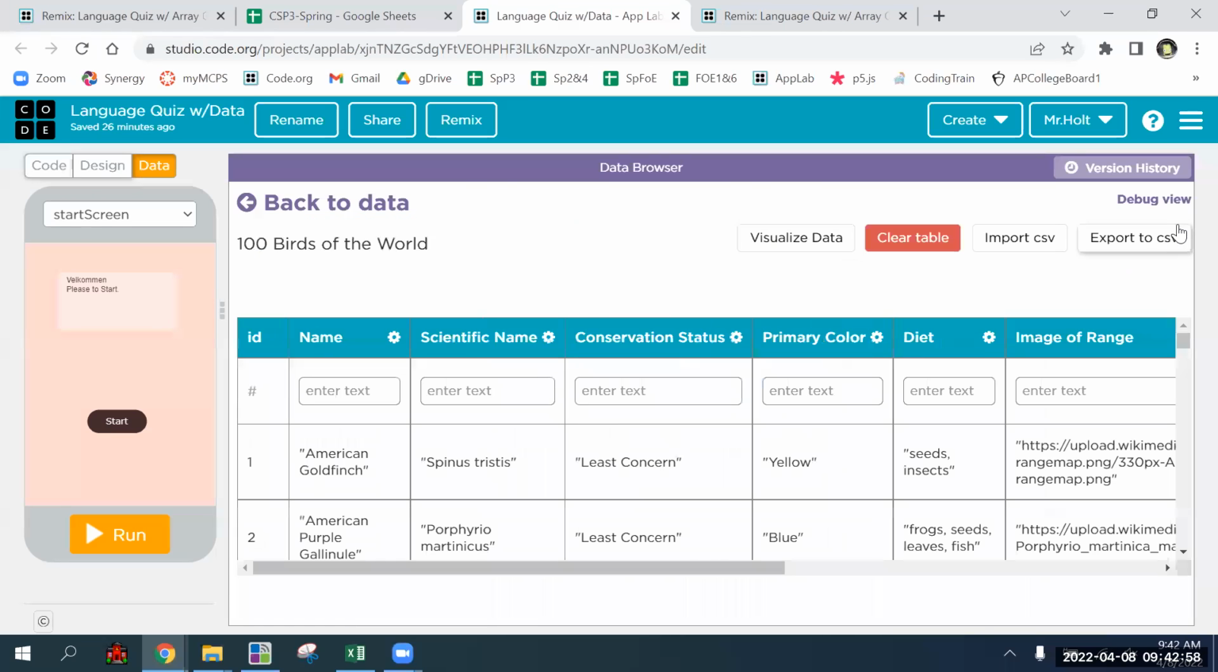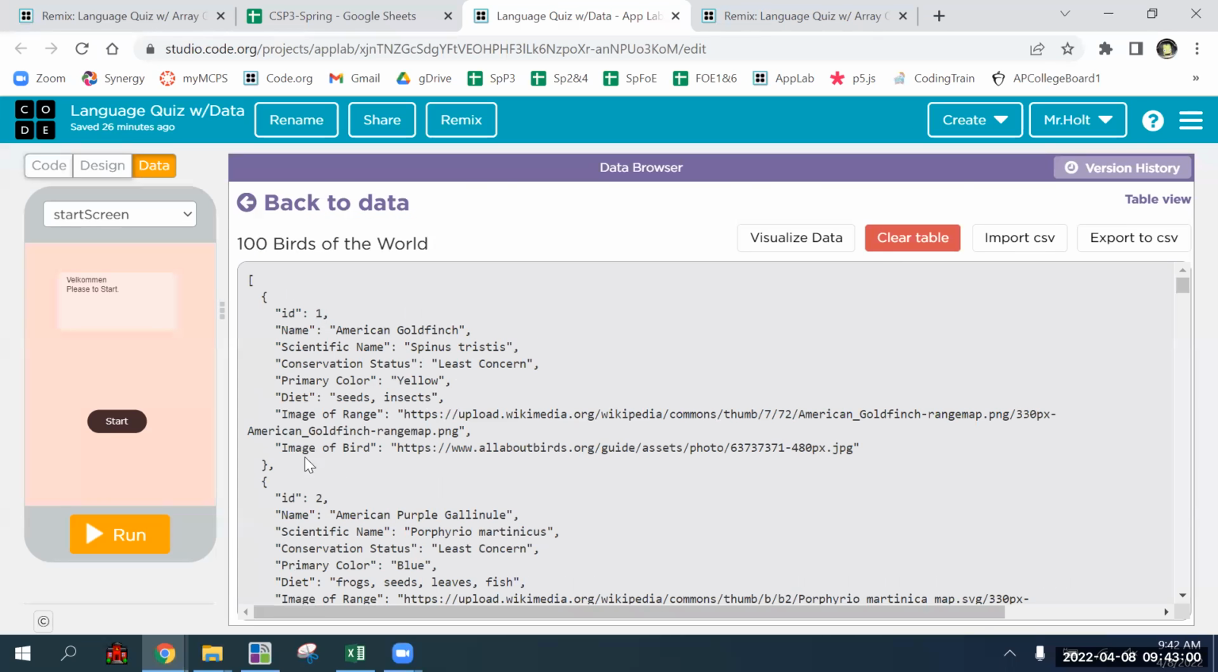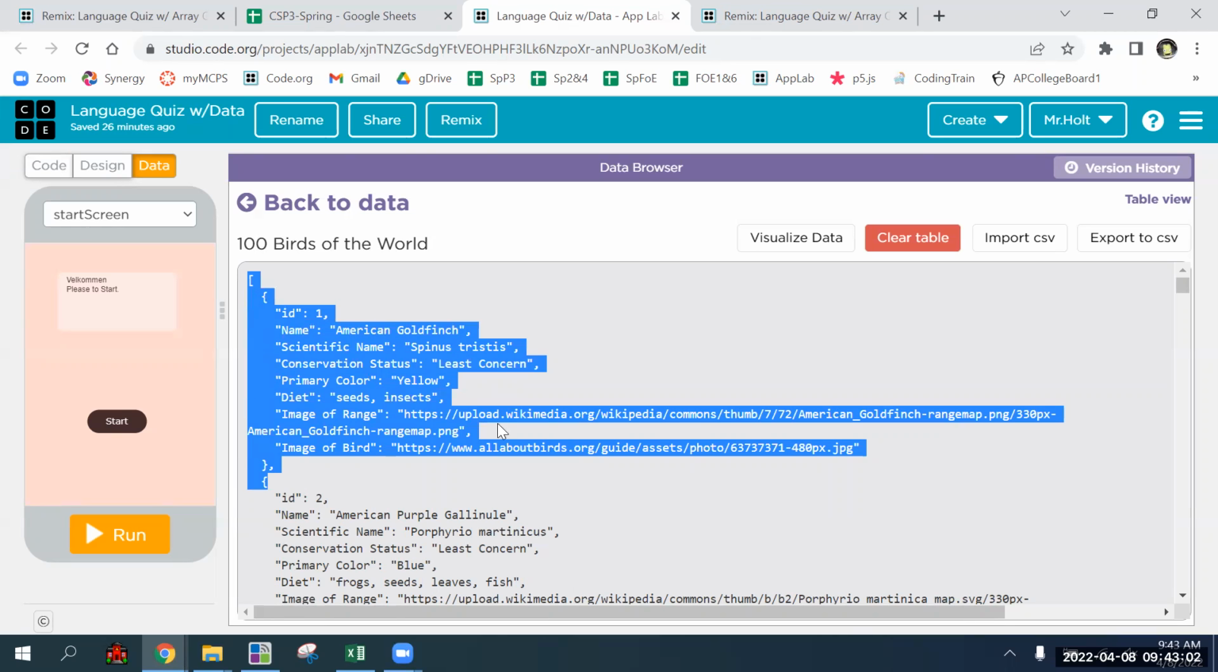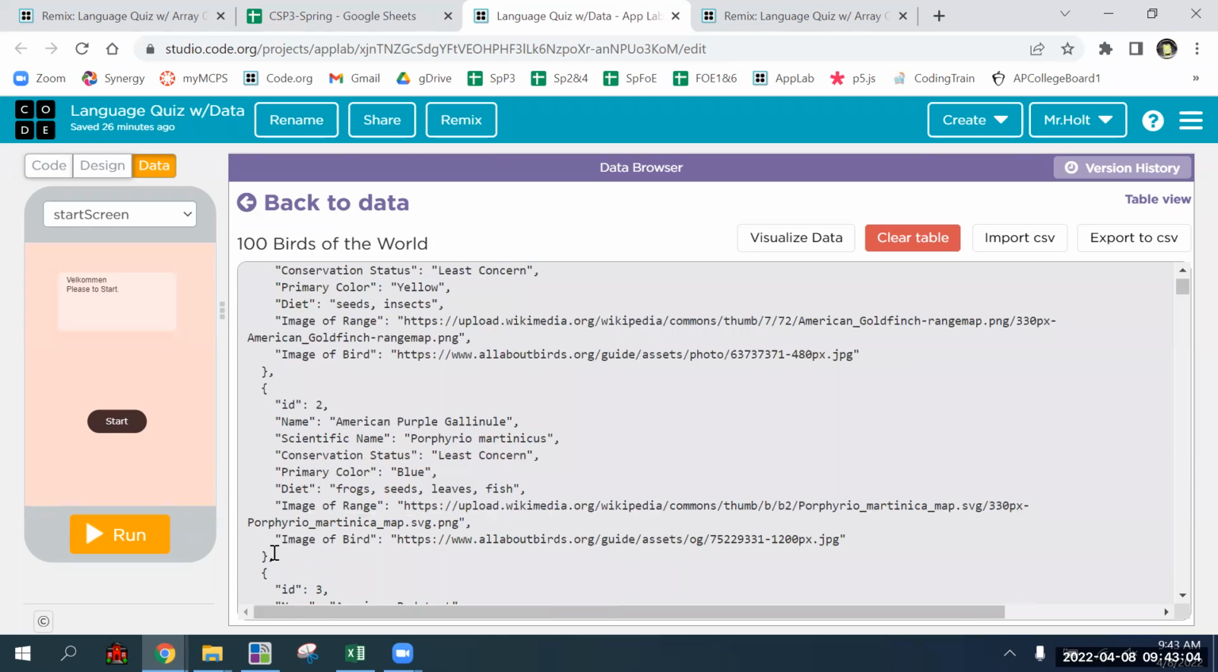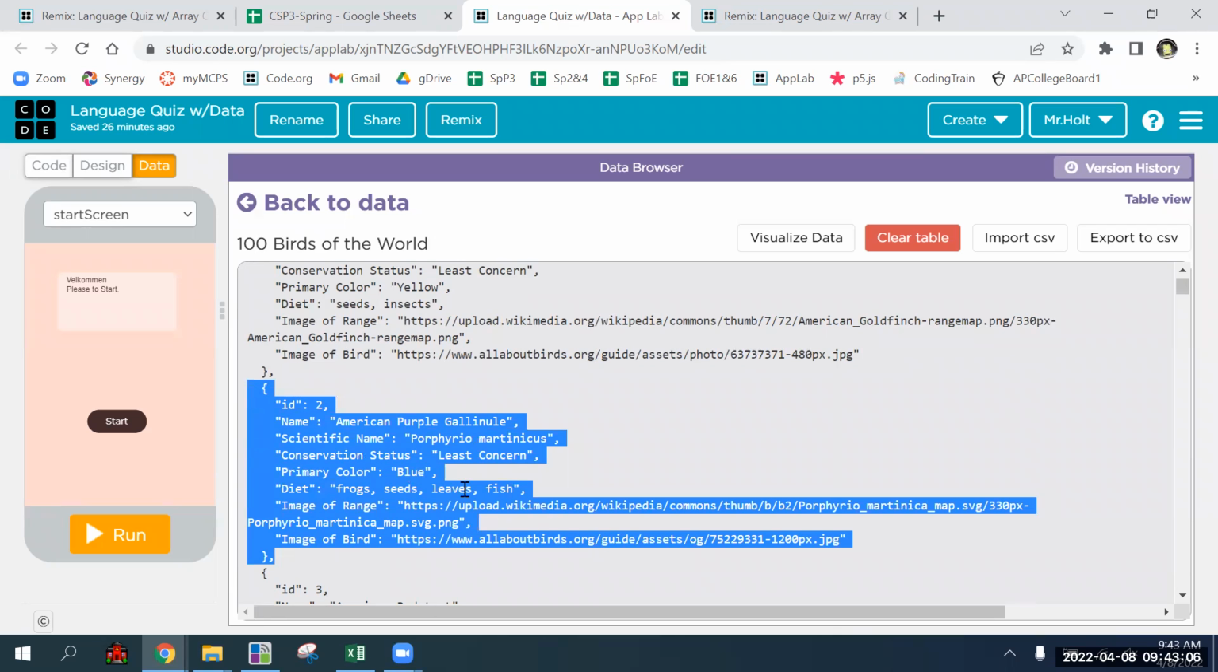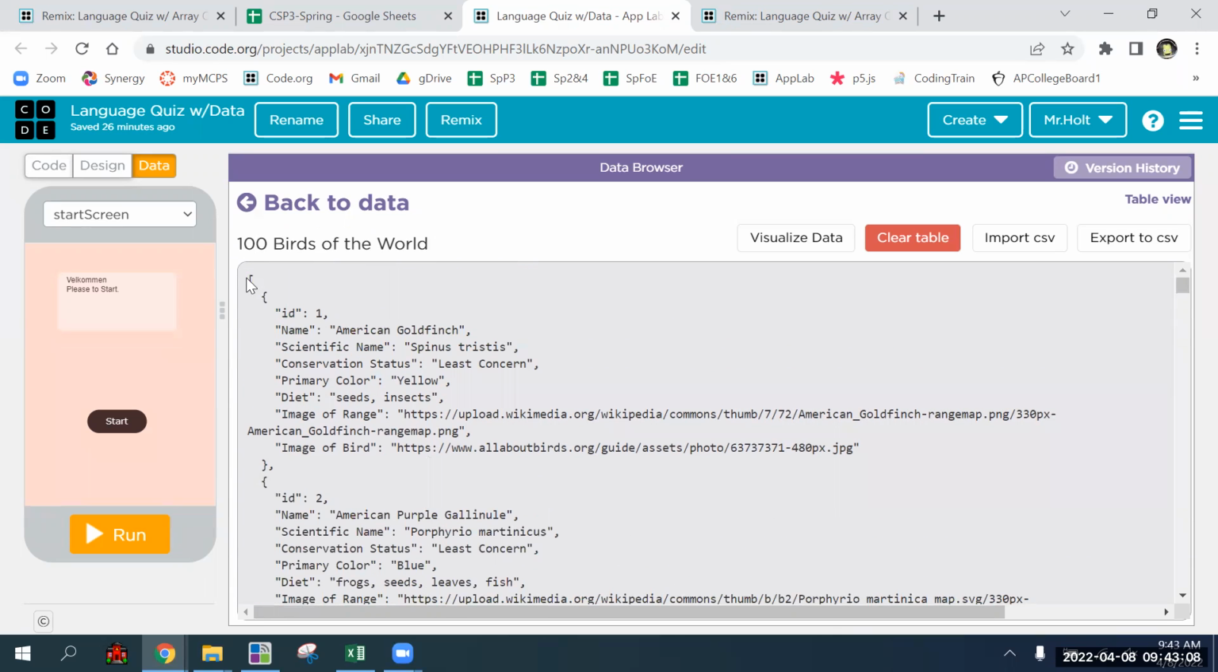Okay, if we go to this one, go to debug view, you can see this is what the table actually is. It actually is a list, square bracket, a list of JavaScript objects. And AppLab just sort of simplifies the way you interpret it. But